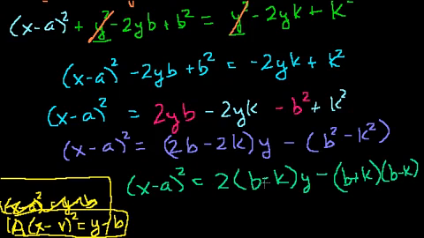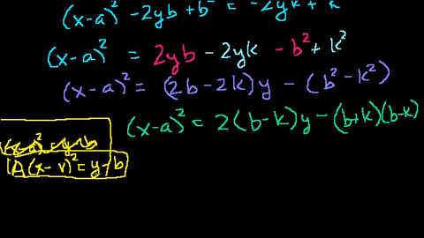And I wanted to do that because I saw this b minus k out there, so that looked interesting to get it on both terms right there. And let's see, let's divide everything by 1 over 2 times b minus k, because I just want a y here, so I have some coefficient in front of the y. So let's divide everything by 1 over 2 times b minus k. So then you get